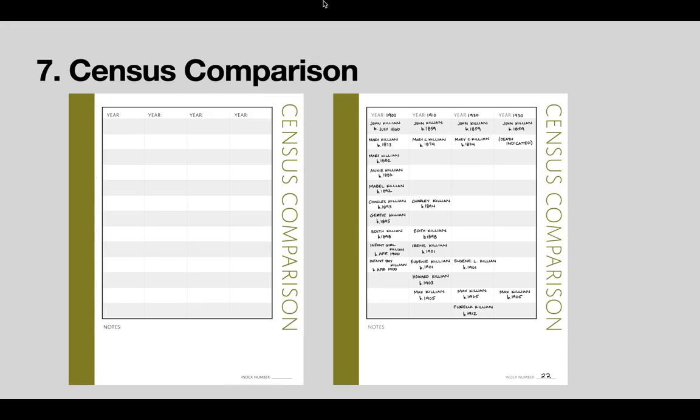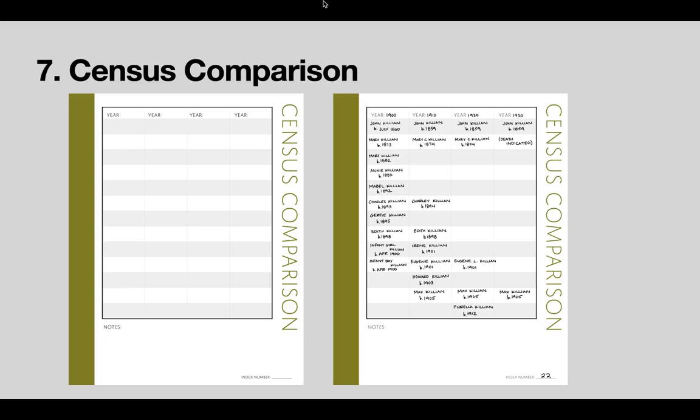And then number 7 is related. I love the census comparison page. I've used census comparison tables for a long time. And what that is, you're just tracking a person across their various censuses. Again, kind of cheating. If you don't have ancestors who are in multiple censuses, this won't be interesting to you. But if you do have somebody who, in this sample, I found a census for this person for 1900, 1910, 1920, 1930. And he's listed with similar information, same spelling,